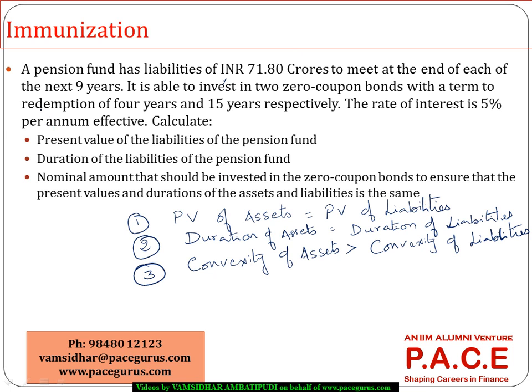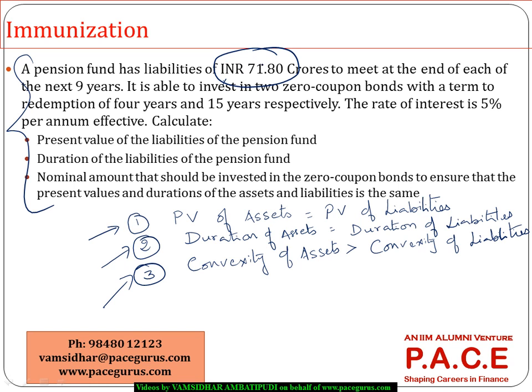So if this is the fund we are talking of, how do I look at how many of the rules are being met for it? Are all three rules met? Or is it only the first rule that is met? Or only the first and the second rules? That is what we need to look at when we have to assess that our fund is fully immunized. So, looking at that aspect for this numerical, there is a pension fund which has a liability